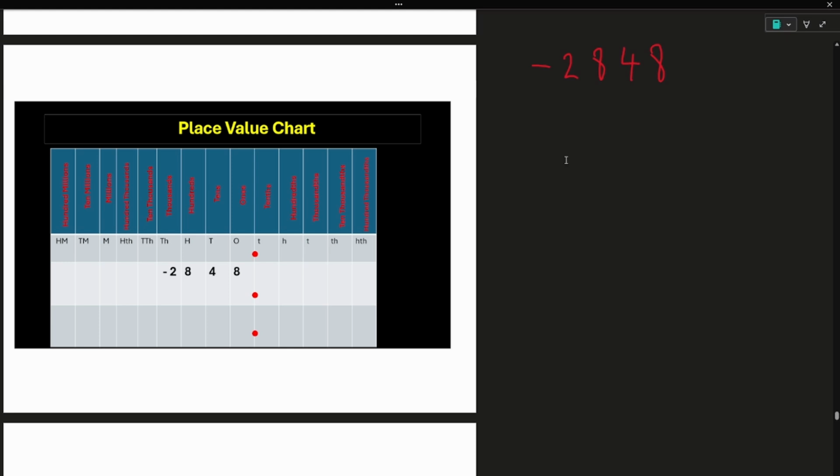Applying the rounding rules, if the digit to the right, which is 4, is less than 5, then we round down. So as we can see, 4 is less than 5. So we round down. That is, we leave the 8 unchanged and then replace the digit after the 8 with zeros. So to be minus